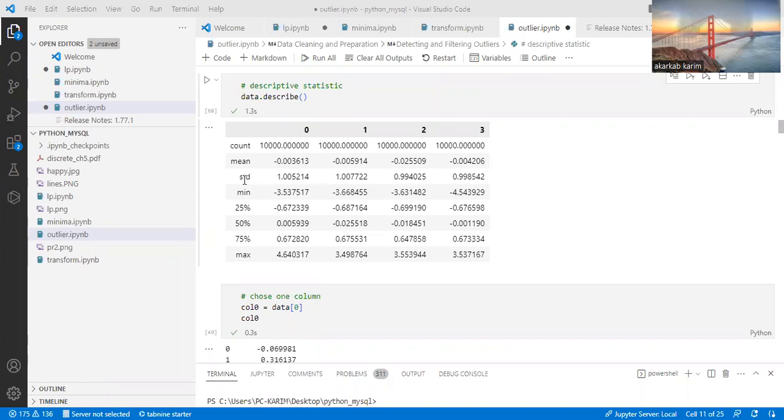So as we see here, we have the standard deviation for all the columns, with values for columns 0, 1, 2, and 3. Also, we have the minimum function for each of the columns: minus 3.53 for column 0, minus 3.66 for column 1, for column 3 we also have minus 3.63, and minus 4